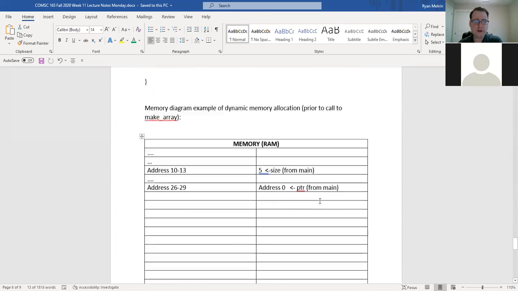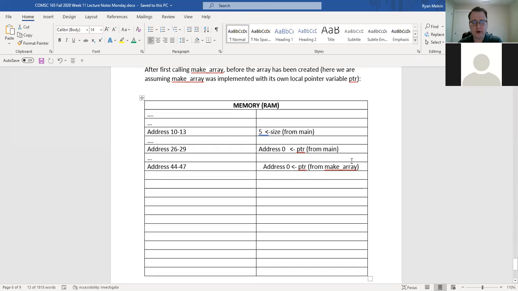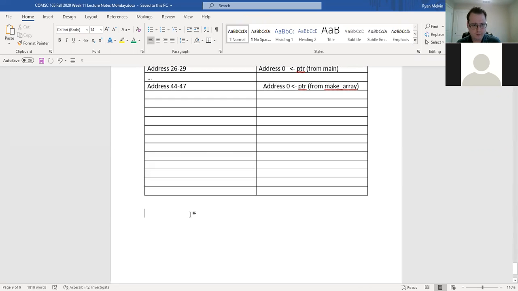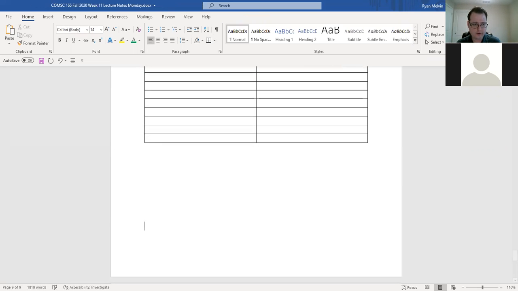And this is also showing us why that extra pointer inside of make array is not really necessary, because it's completely unrelated to the pointer from main. But this is what it would look like in the beginning of make array, and then the next thing would be,